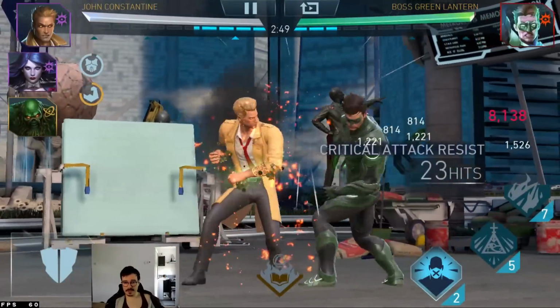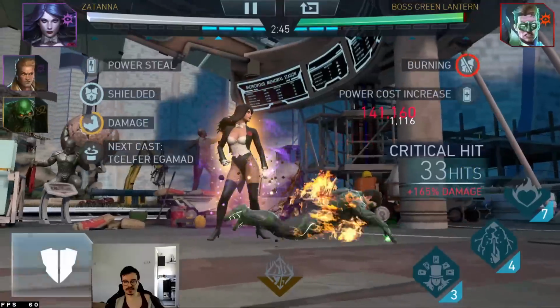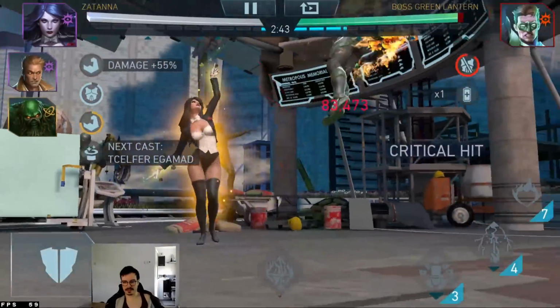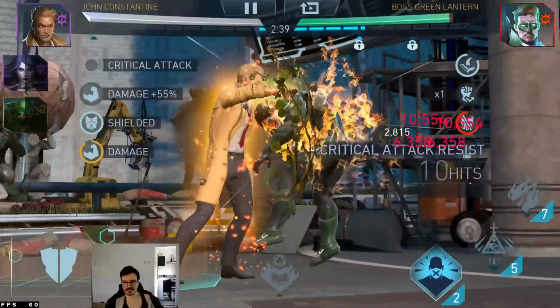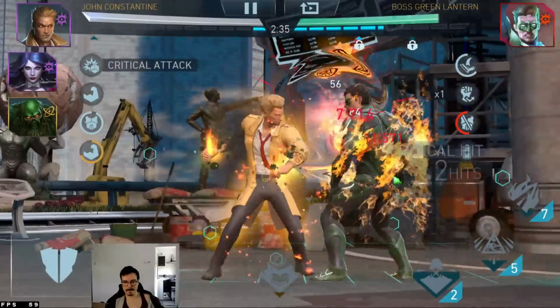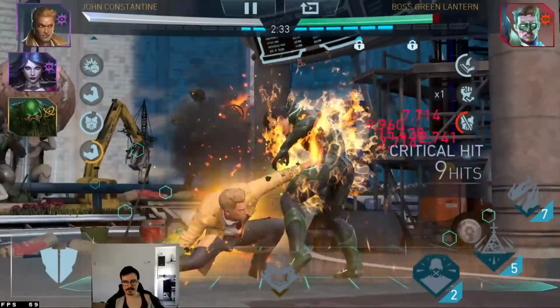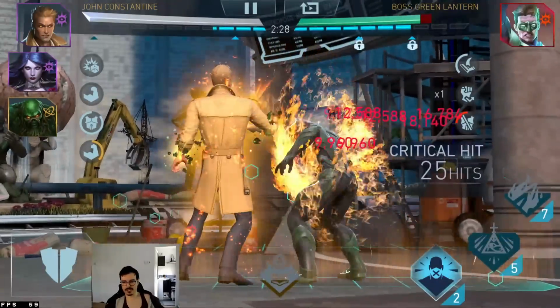But yeah, Jokarized Batarangs is most likely good on him. I don't know if Beta Club is good on him, because he'll get a lot of damage buff, which is very good for Beta Club, from Zatanna and the Swamp Thing passive. But usually that's not enough. You usually need 2 different